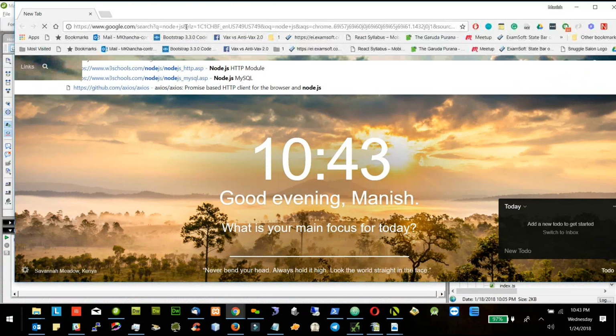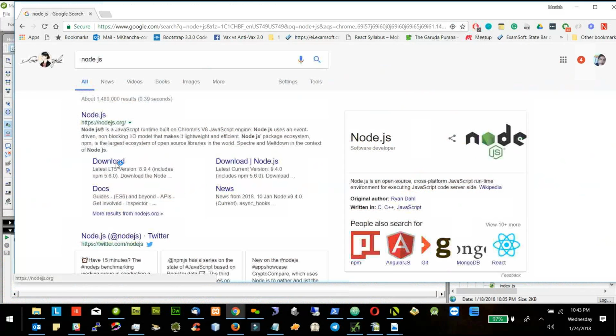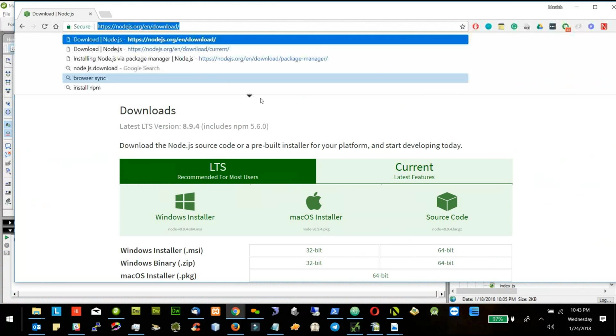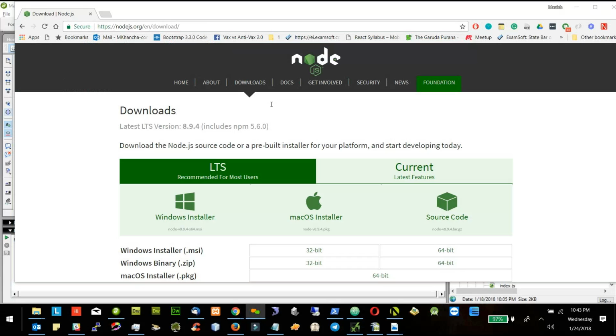Node.js. This is the Node.js download page. I will give you this URL. You can go to that URL and download it. Does everybody have Node.js or does anybody need to download it? Because I feel that nowadays everybody has Node.js on their computer. Okay, Ramji already has Node.js.